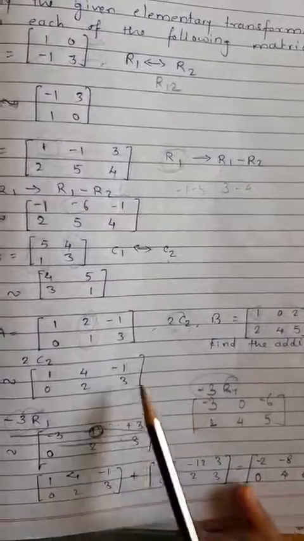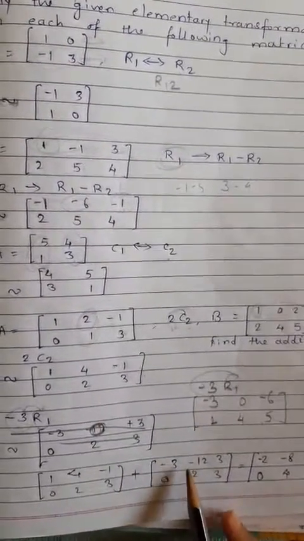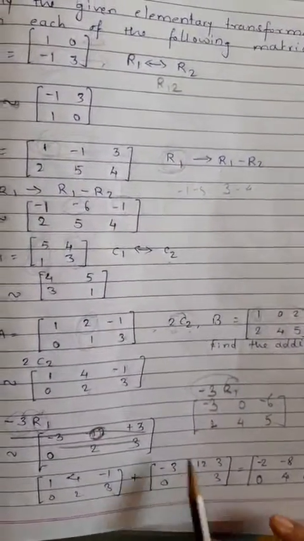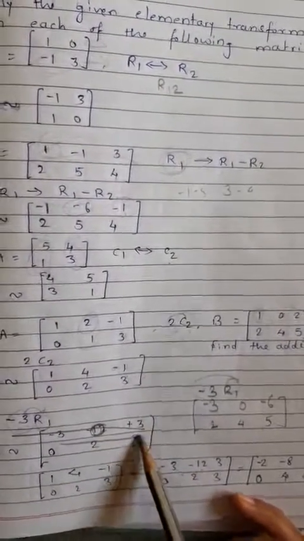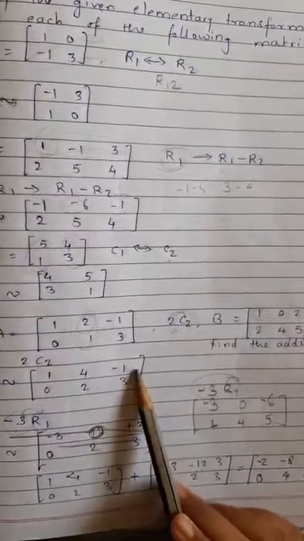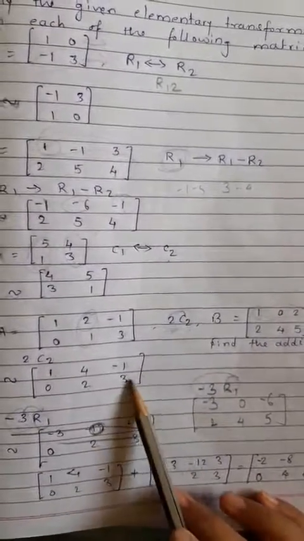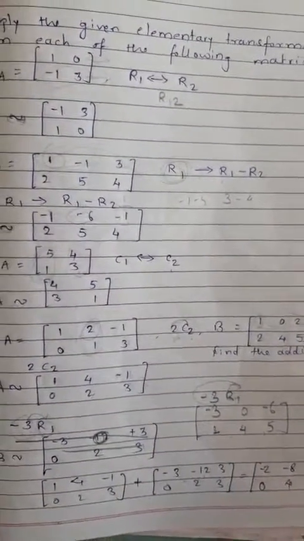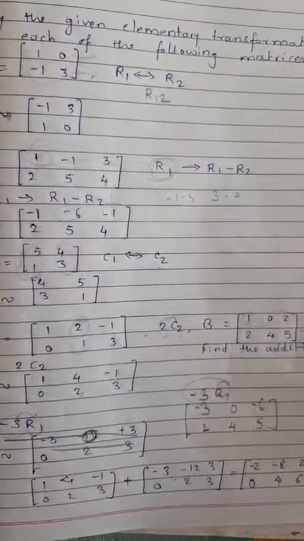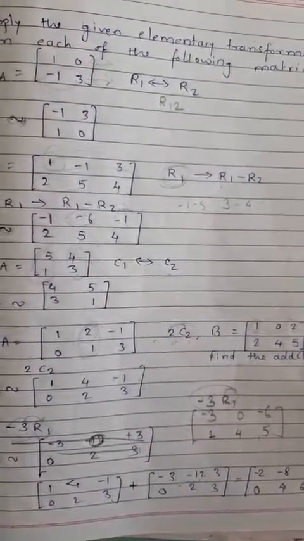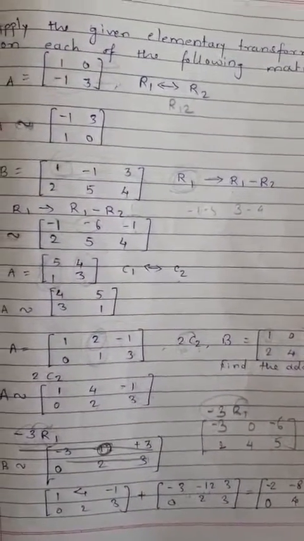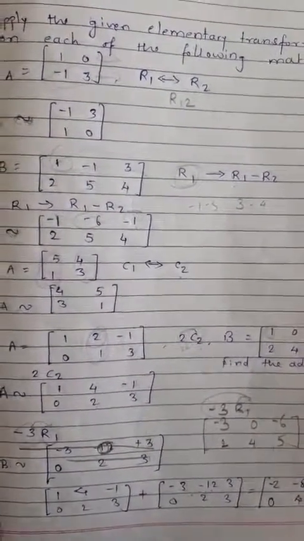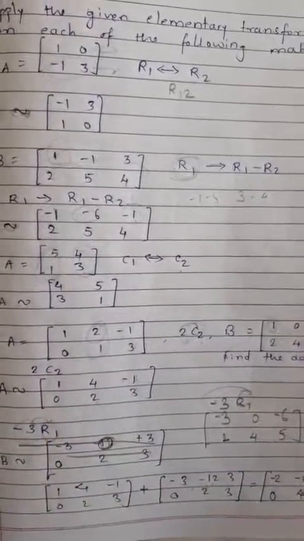You can easily do the addition now. Here it is wrong, so do the correction. Okay, here it is wrong, by mistake I have taken this only. So you can easily do the addition of these two matrices. How do we do that? How do we add two matrices? By adding their corresponding elements. Okay, so students, do this correction. Okay, thank you.